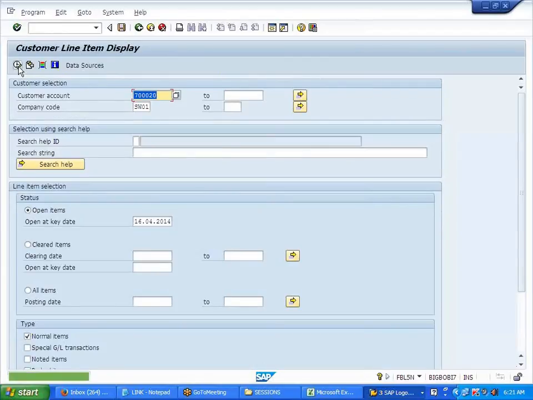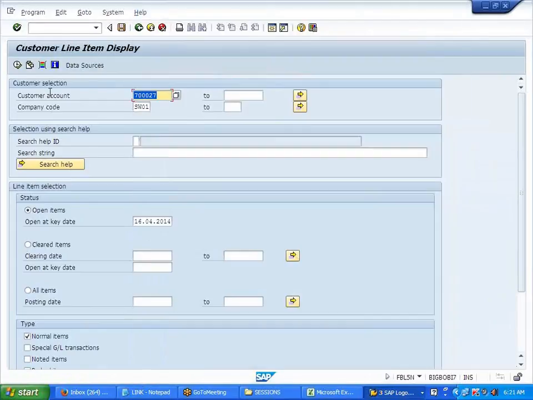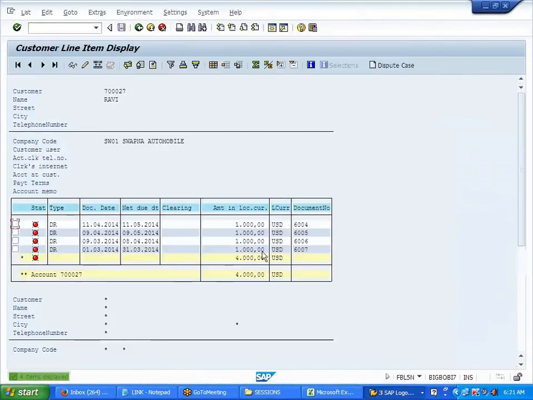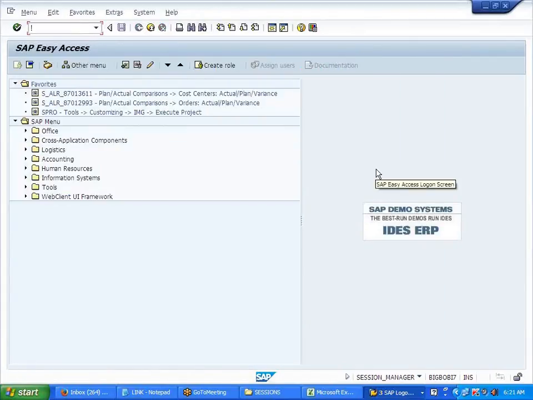No balances. Let's see whether the other one has. So this has 4,000, right? So it should not calculate interest for this. Now I'm going.